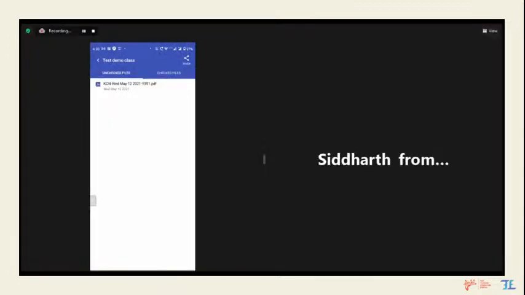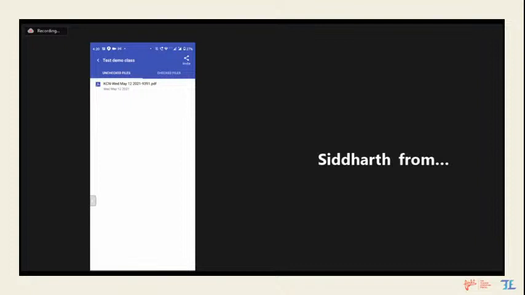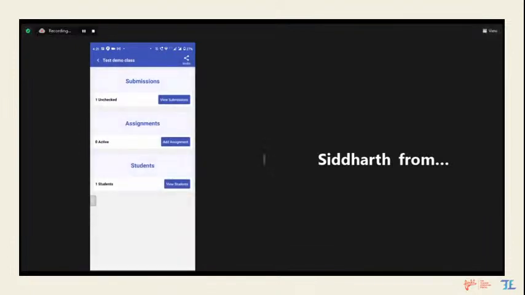When they do that, you will see two sections. There is unchecked files and there is checked files. Ttz organizes those files for you. You don't have to keep in mind which copy you have checked, which copy you have not checked, how many copies you have to check. Everything is organized by the Ttz class, and you will see all the files that are sent by students in one click. And then you can check the files just like we did before.